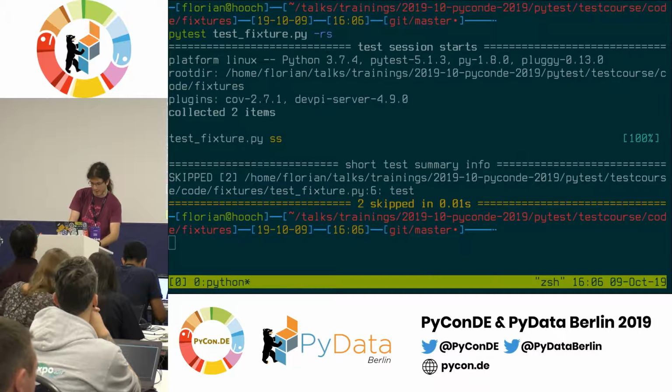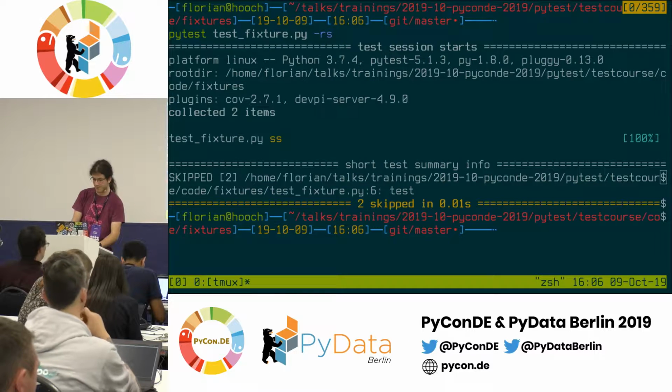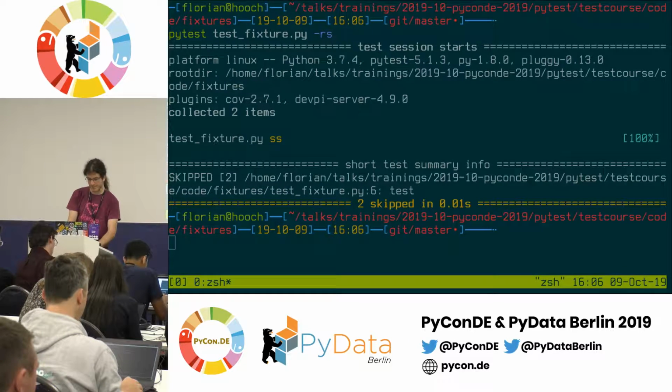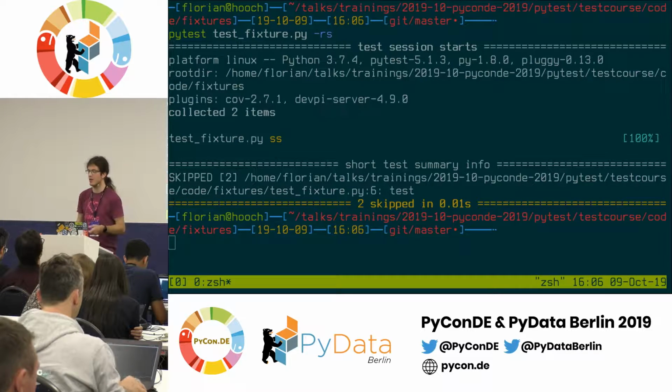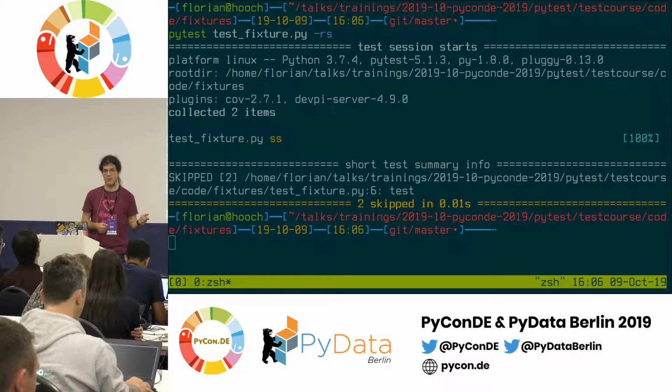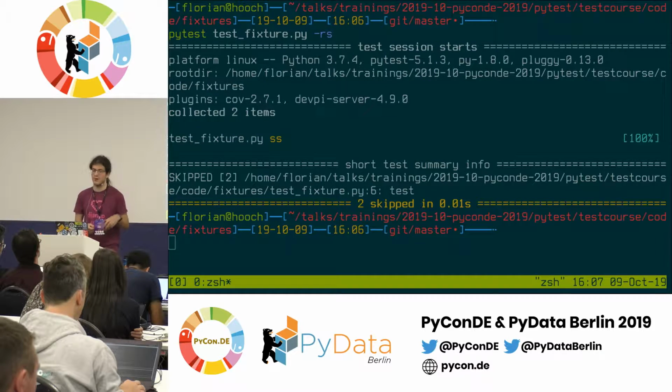And then at the bottom it will tell you what tests were skipped and why, and from where. There are also other arguments to that -r, like you could say, give me a summary also there again of all failed tests or of all X-failed tests or whatever. Depends on what letters you use after -r.